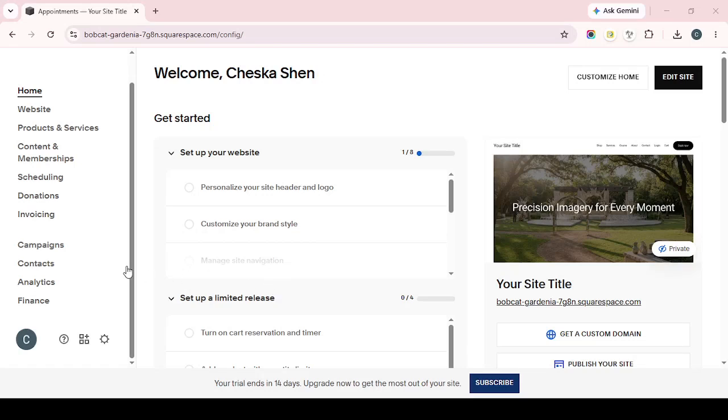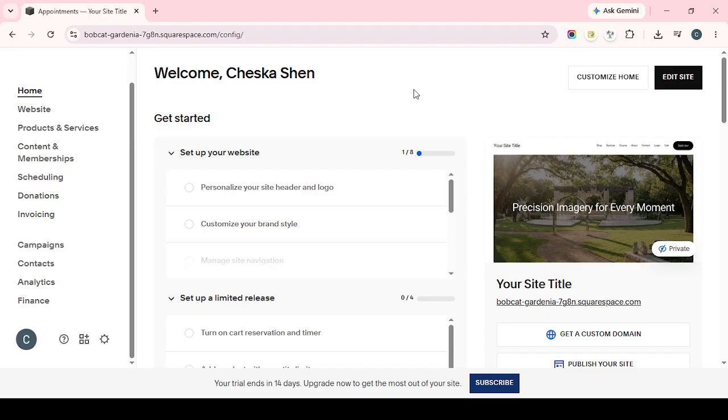In today's video, I'm going to teach you how to edit your site header. The site header is one of the most important parts of your website because it appears at the top of your pages and helps visitors navigate your content quickly. It's also where people often expect to find things like navigation links, social icons, and shopping cart access. So making sure your header looks clean and functions the way you want can have a big impact on the